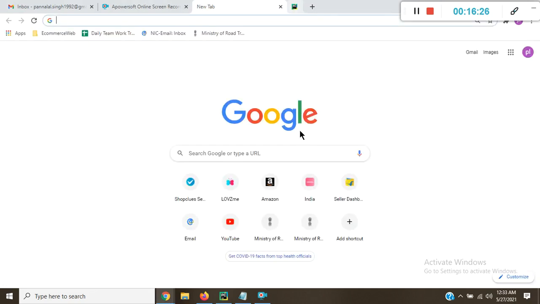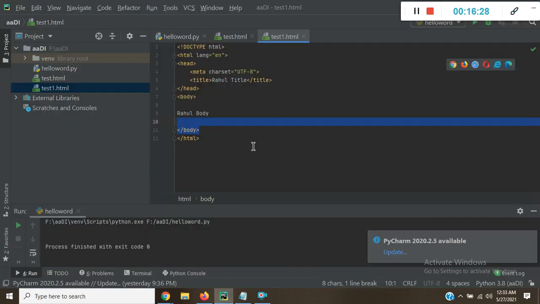So guys, let's start. This is to indicate that it is an HTML page. This is the HTML language. EN means English language. This is our head part. In the head part we can use the charset, meaning what type of characters we want.